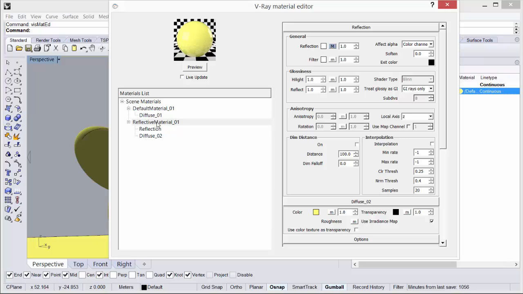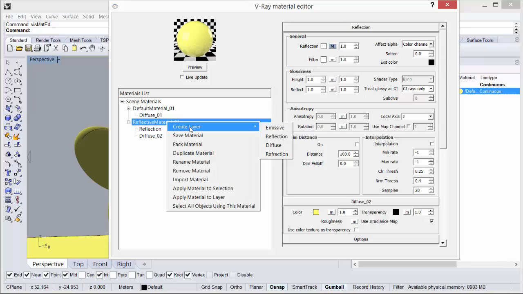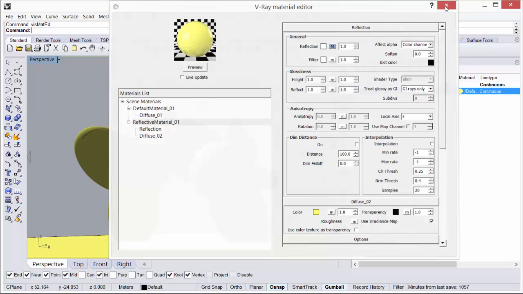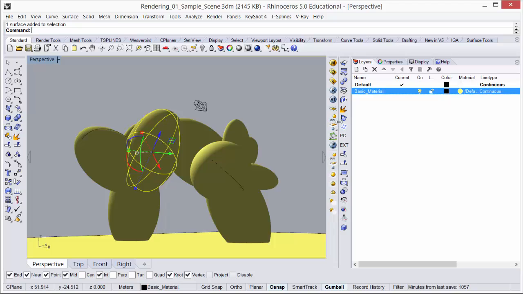It's just a matter of becoming aware of how these things work, or the need to actually add these secondary material effects as layers in your scene or to your material. So now I'm going to close out. So now I have reflective material 1. Maybe for my diffuse material, let's just see the difference now. I'll leave the diffuse material yellow, but I'm going to make a new layer, and I will call it